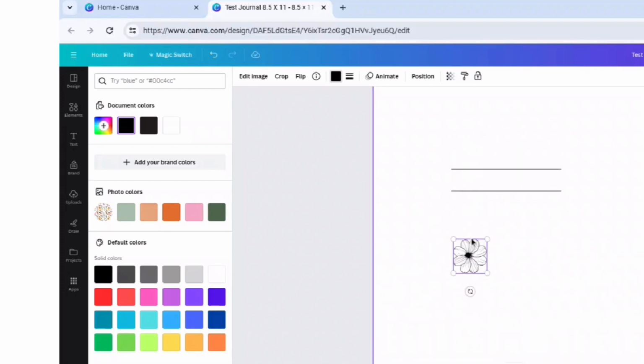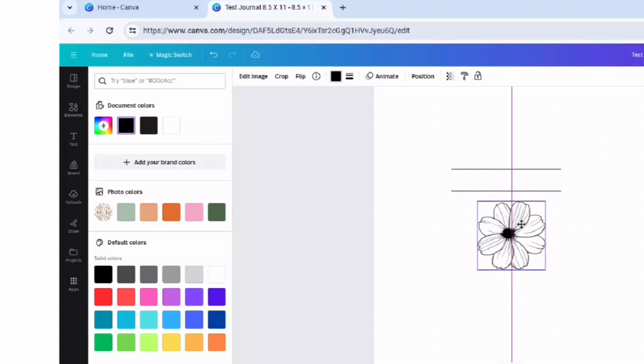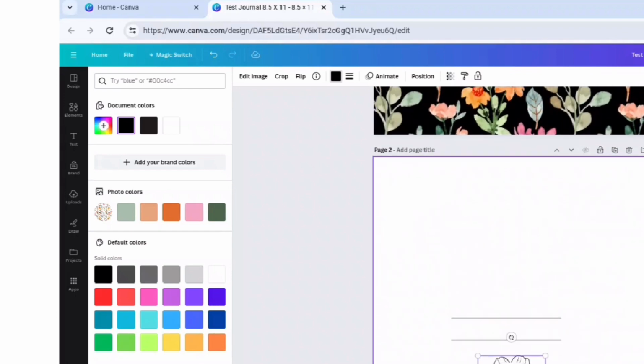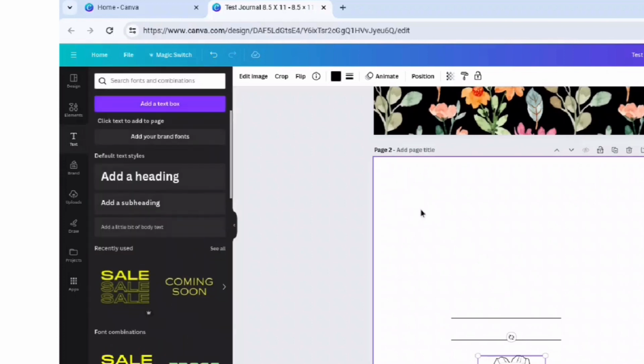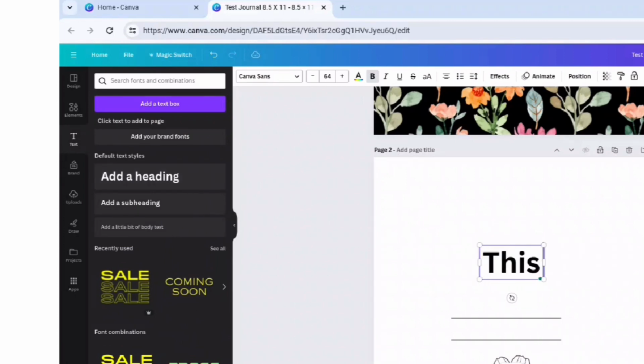I'm just going to make a copy of the flower and drag it up to this page, stretch it out. There are so many things you all can do with this, and for the purposes of this video, I just want to keep everything cohesive and make sure everything is matching. And that's why I'm going to do it this way. And then this